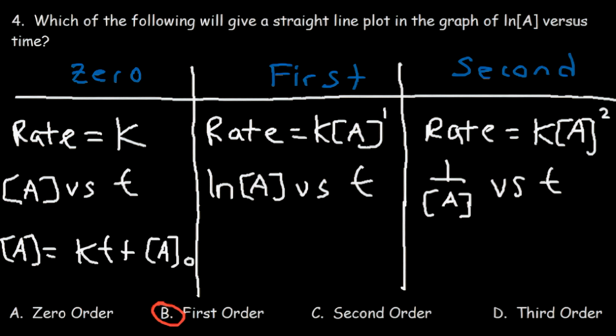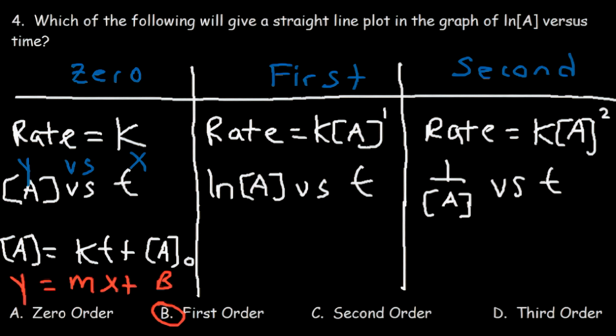And notice how it's in the form y is equal to mx plus b. So as you can see, here we're plotting A versus t, or like y versus x. X is the time, so time is on the x-axis, and the concentration of A is going to be